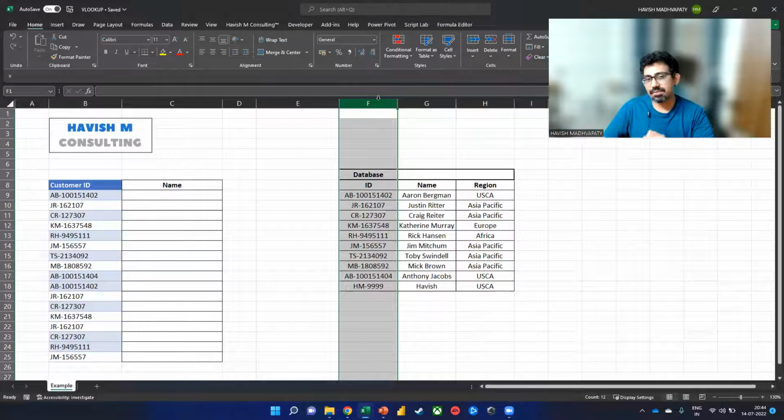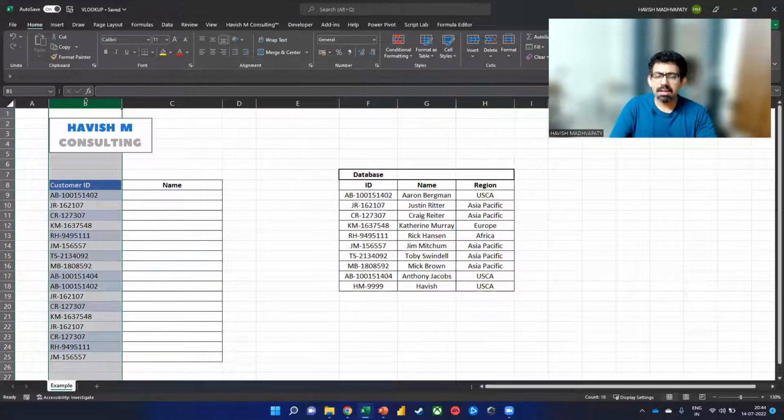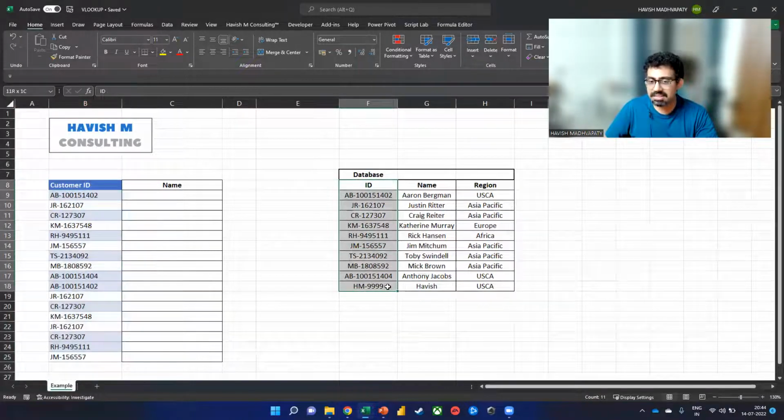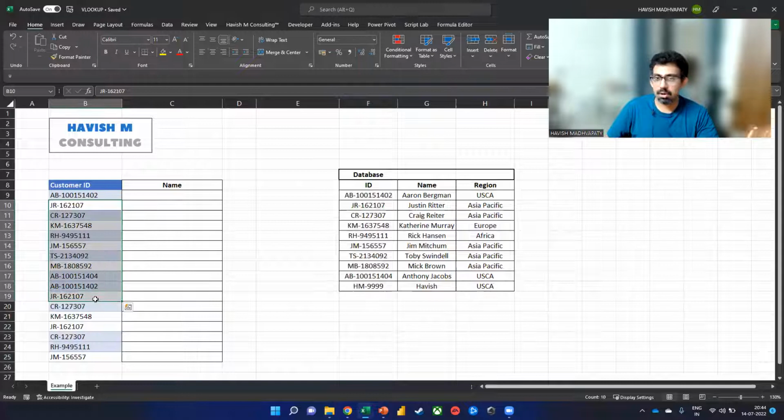Do all the customers from the database appear in column B? Not really. Maybe in the specified time period, not all the customers have made a purchase. That is possible, right? So it's not necessary that all these IDs are appearing in column B, but every ID in column B will definitely appear in the database. Now, what I want to do here is to essentially find the name of all these customer IDs. To do this, I'm going to do a